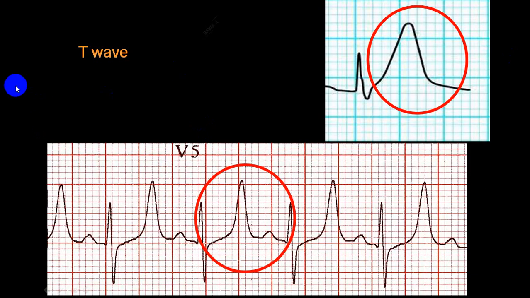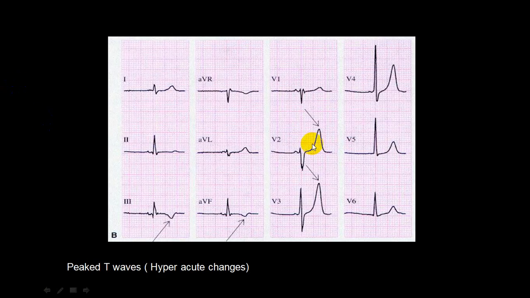This I've already shown you before. You can see here, this is a tall T wave. This is broader as compared to the second half. This is taller than the R wave, asymmetrical, tall. And if you see T wave changes in other leads also, we call them reciprocal changes. This has to be hyperacute T wave changes, because you don't get reciprocal changes in hyperkalemia. So this is hyperacute T wave of acute MI.